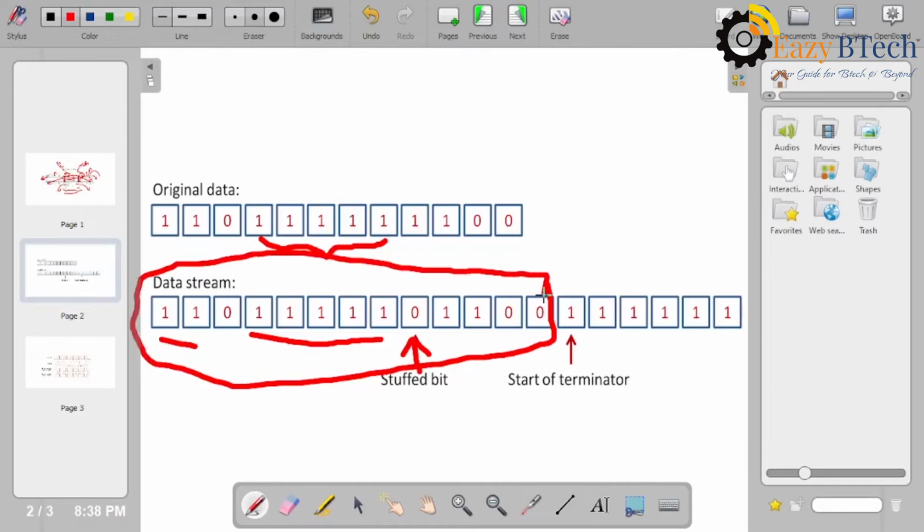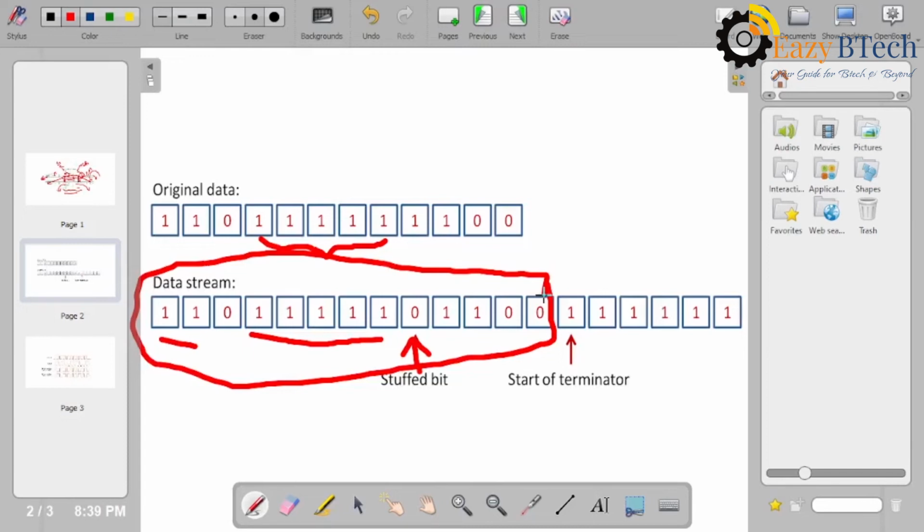So how can we identify that this is the first frame and this is the second frame using bit stuffing? In between the data we are inserting a special stuffed bit, meaning after 5 ones we insert a 0, to identify whether an error has occurred in that data. To mark the end of one frame and the start of the next, after the end of the data the next frame will start.